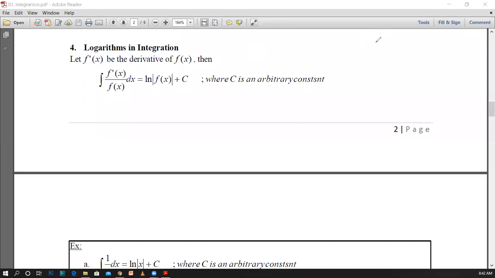in the previous sessions regarding the logarithmic functions, the derivative of the logarithmic function. Here you can see if the function is ln x, and if you are asked to get the derivative of the function ln x, what we obtained was 1 over x.